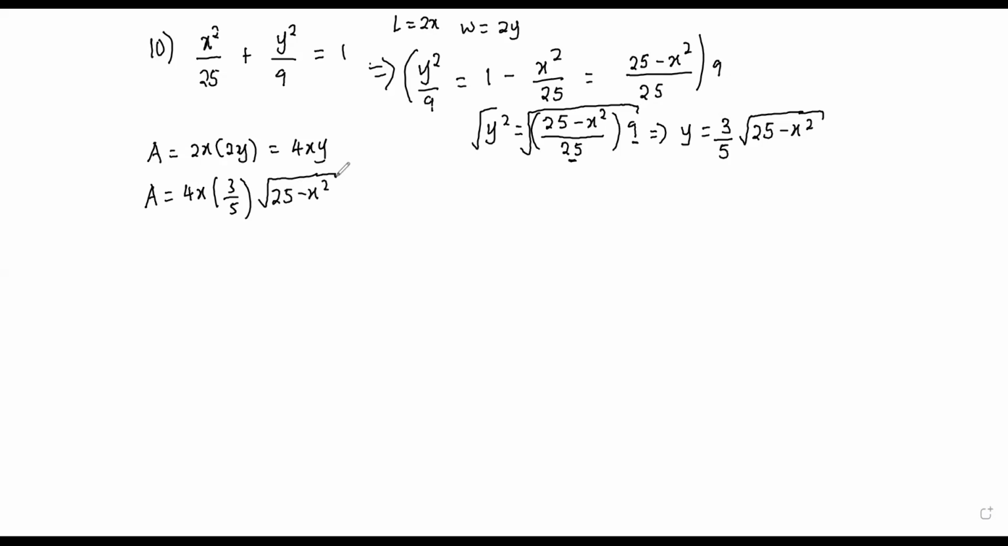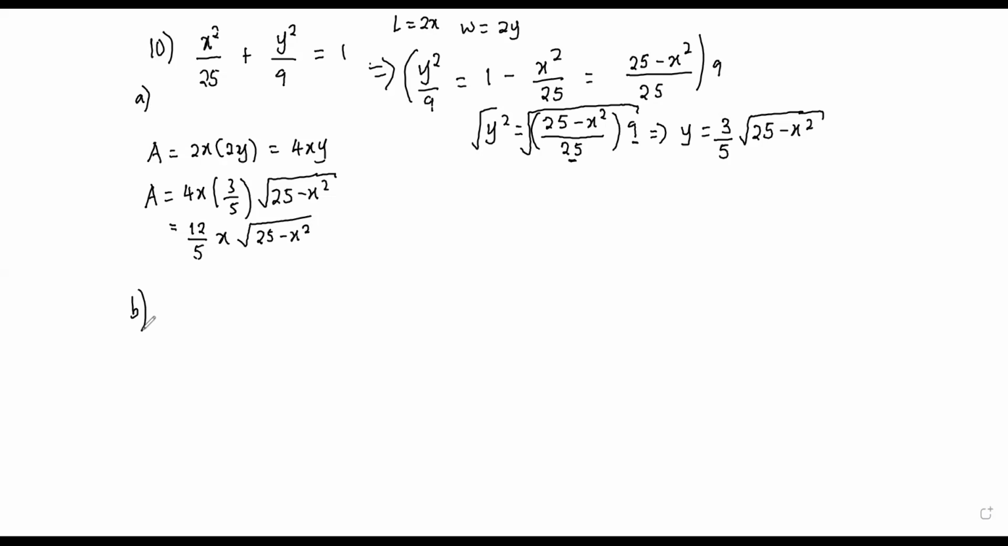So this can be written as 12 over 5 x times the root of 25 minus x squared. And that is the part which says express the area of the rectangular soccer field in terms of x. This is part A. So that is the area in terms of x. And then